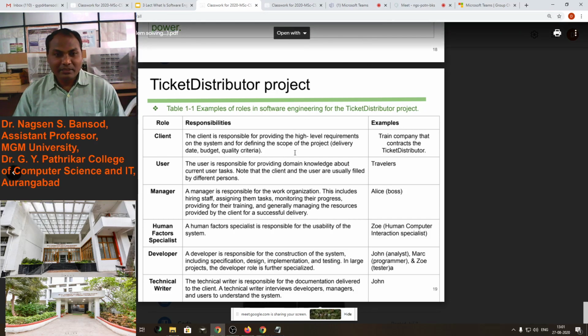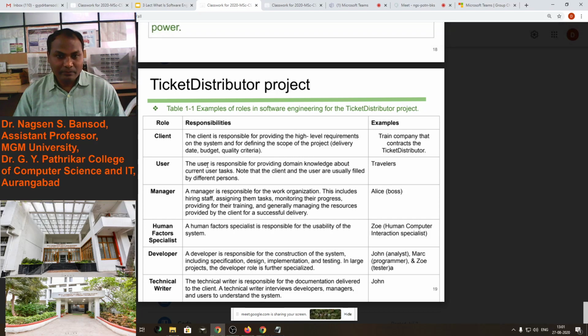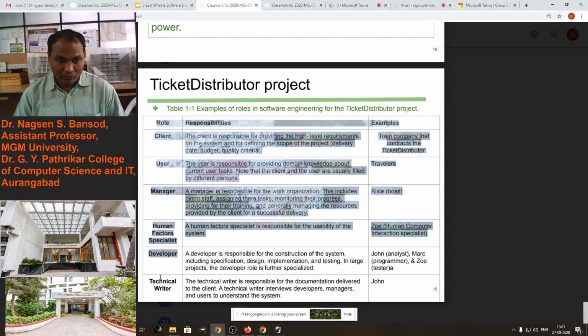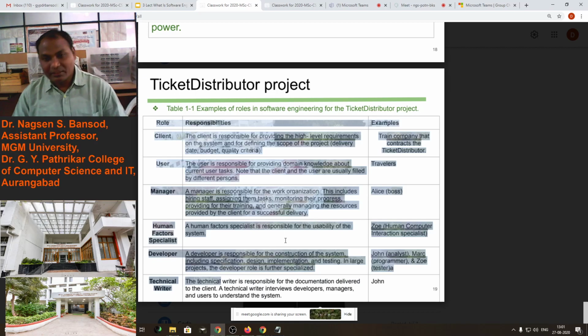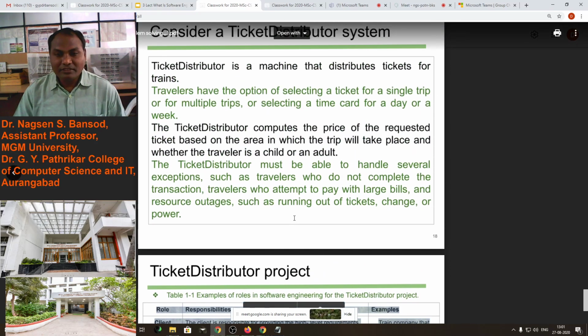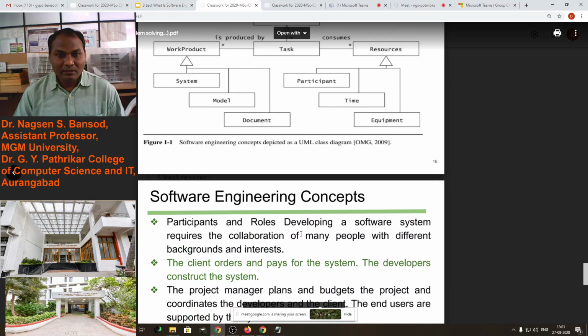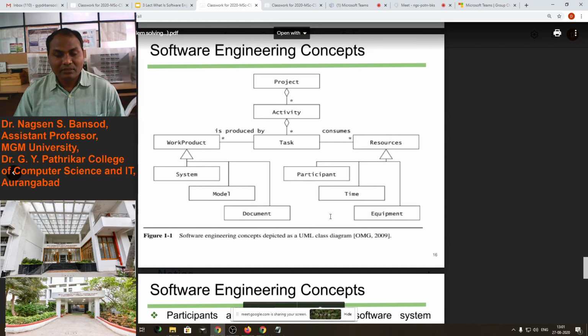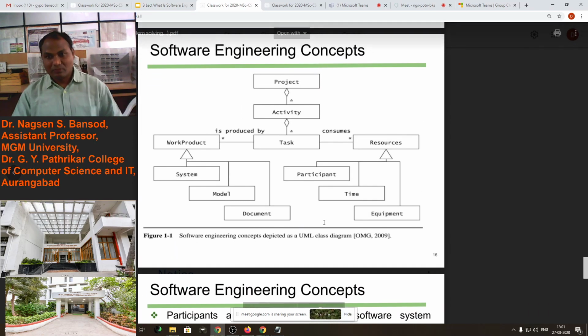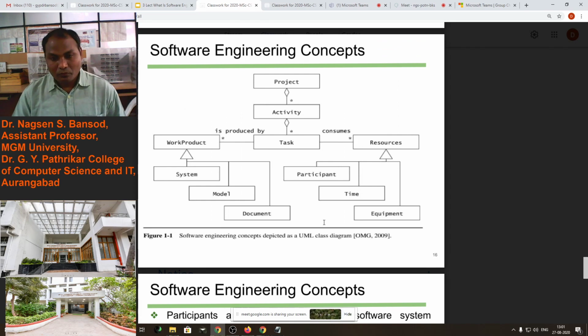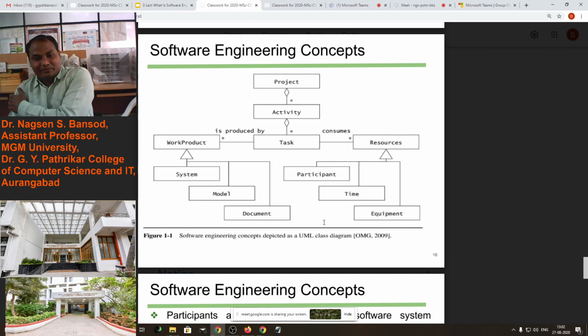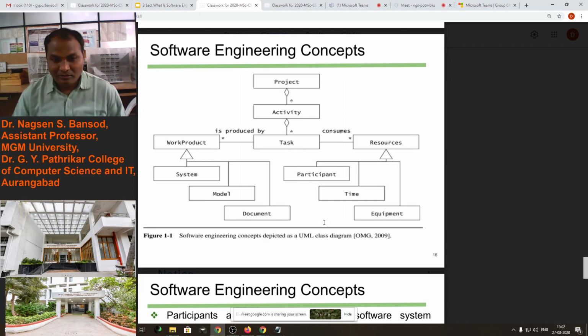हे समजले का? तिकीट डिस्ट्रीब्युशन मशीनचे जे प्रोजेक्ट आहे याच्यामध्ये वेगवेगळे रोल्स आहे, हे आपले क्लिअर होतीलच नेक्स्ट लेक्चरमध्ये. पण रफली जर तुम्हाला काही डाऊट असेल, या डायग्रामवरती काही डाऊट असेल तर तुम्ही क्वेश्चन विचारू शकता. We have various diagrams in the next point. But till then, if you have any question, any doubt, you can ask.